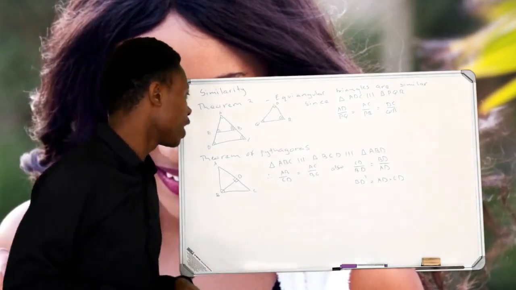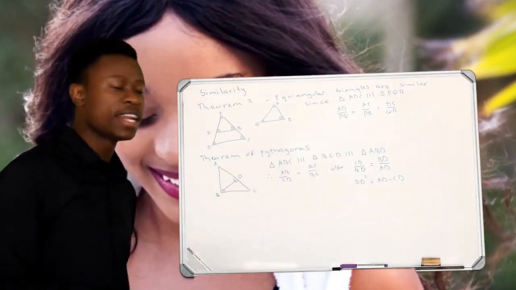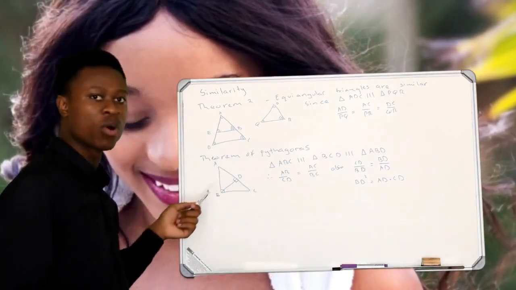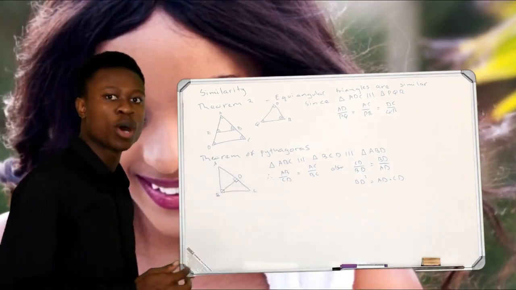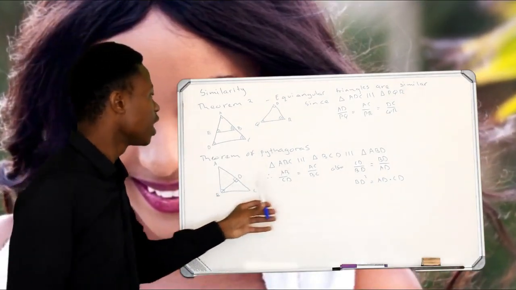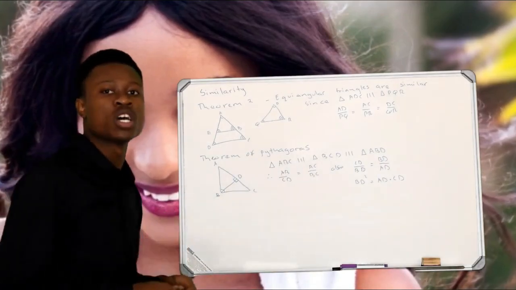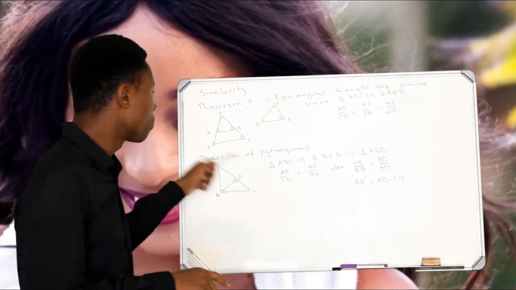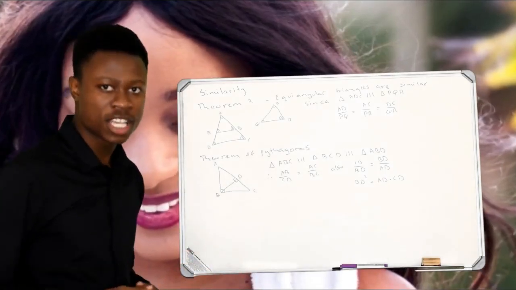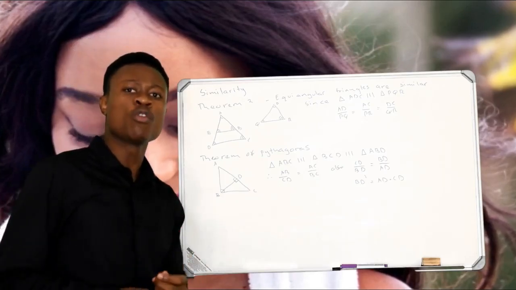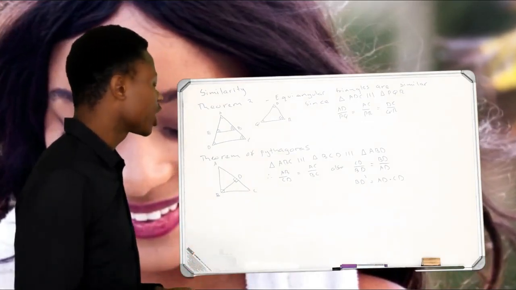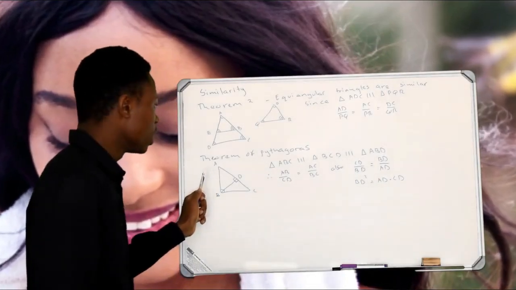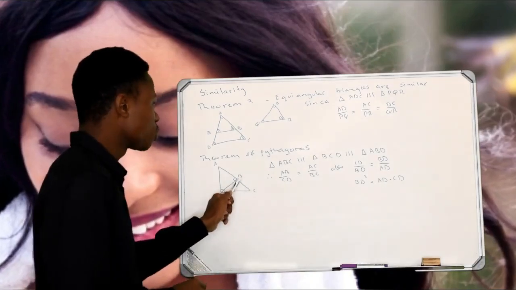Theorem of Pythagoras, right? What does it say? It says that these three triangles, I hope you can see the three triangles here. There's one on the outside, the big one, then there's the small one on the top and the small one at the bottom. Theorem of Pythagoras says that all of these triangles are similar, and there's a proof about it. You can go check it out in your textbook. It proves that all of these triangles are similar to each other. So since all of those triangles are similar to each other, we can conclude that AB in the big triangle divided by CD in the small one